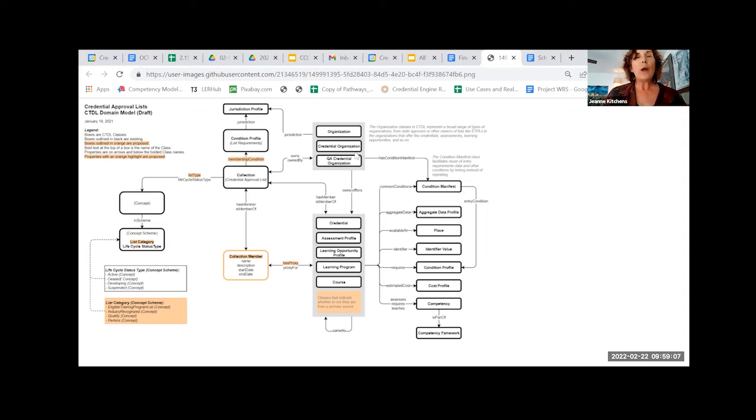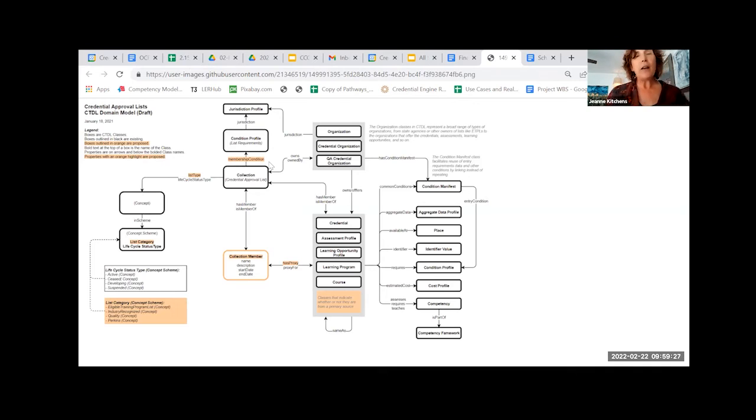So there's already a lot that the CTDL covers. And often when we need to make an enhancement to the CTDL, a little bit goes a long, long way. And so therefore, only the things in orange here are newly introduced in this proposal.